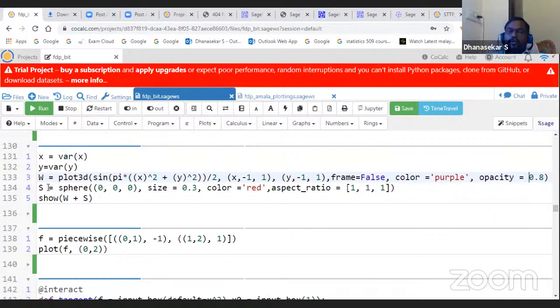Next, I'm going to draw the sphere. Sphere with center at origin with size 0.3, color equal to red. Sphere will be in red. Whenever you are going for circle, sphere, ellipse and all that, if you give the aspect ratio, then only it will be intact in the axis. Now show W plus S. Now if I run this,